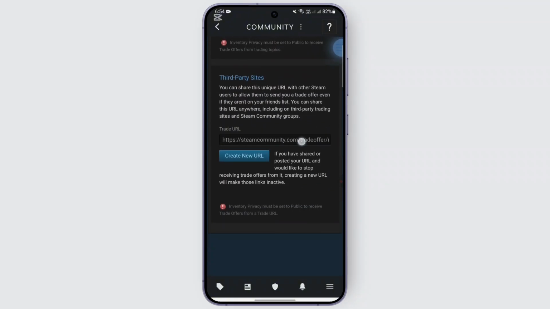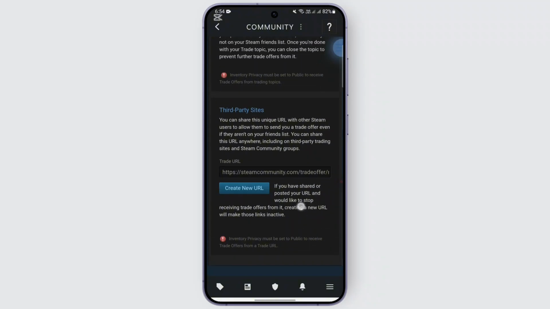So you can just go ahead and copy and paste this URL from here if you want to share it. Otherwise, you can also create a new URL at the moment. So that is how you find a trade